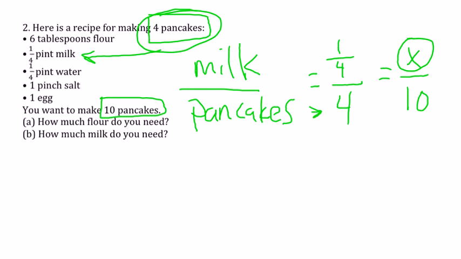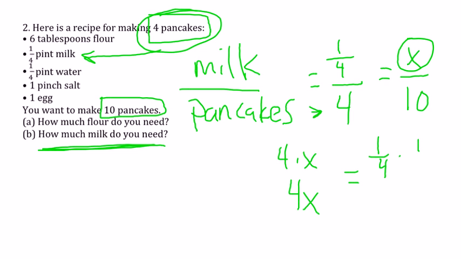I've put an X in here. This is what we're solving for. I want to know how much milk it's going to take to make 10 pancakes. Let's do the same thing. Let's cross multiply. So step 1, we cross multiply both things. So 4 times an X, we're going to get a 4X. 1/4 times 10. We can really think of that as 10 over 1, gang. For now, let's leave that as a fraction. So 4X, and that's going to be equal to